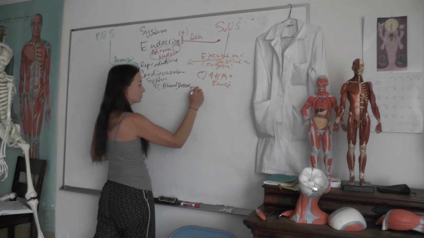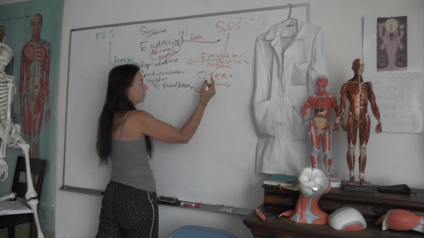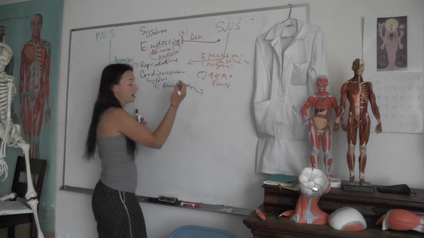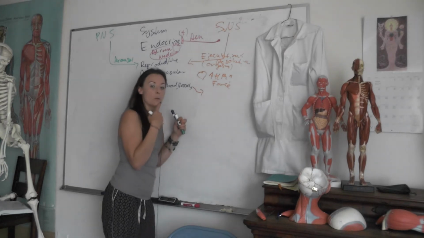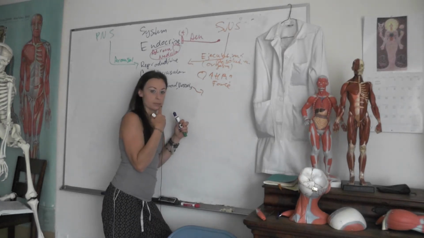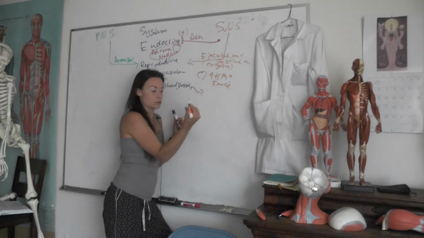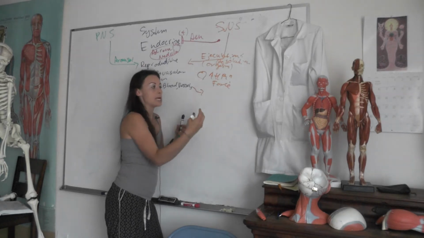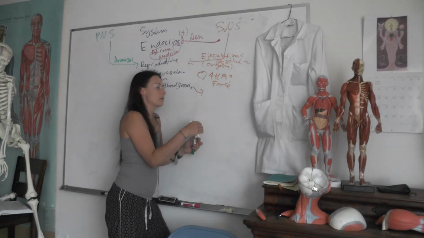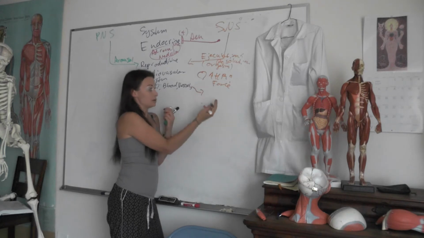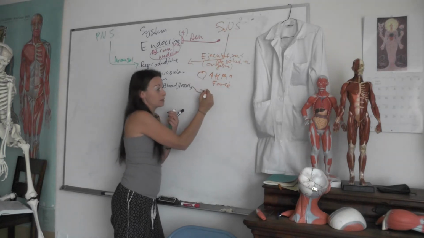So for our blood vessels, we could say that our sympathetic nervous system, for example, when we have sympathetic nervous system activation, where do we want to bring more blood? What organs? To our skeletal muscles, right? So we can fight or flee. And we want to shunt blood away from our visceral organs. So blood vessels as a target, it depends on which organ you're looking at.